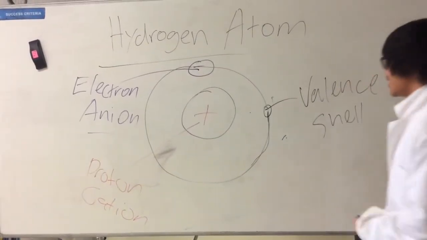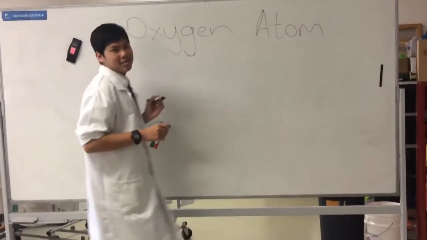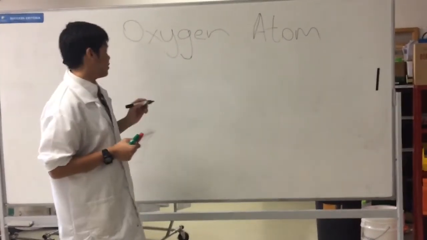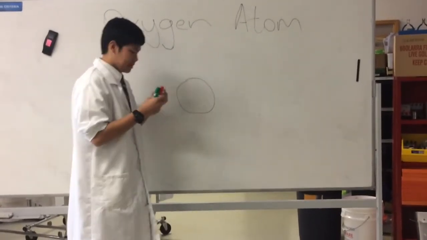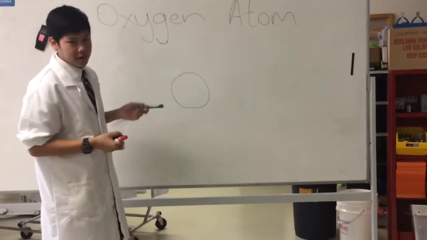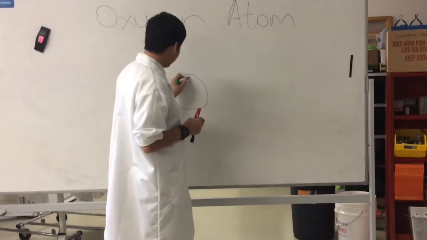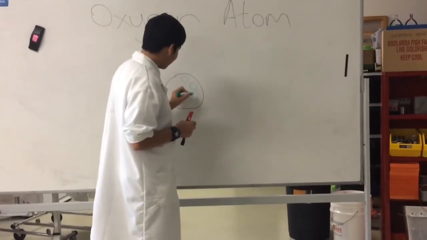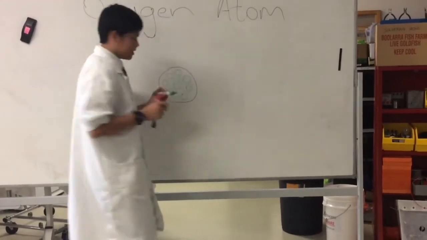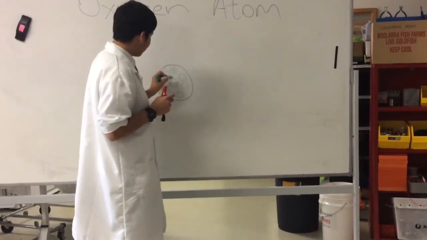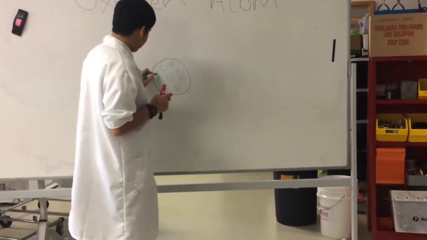Today I'll be teaching you about oxygen atoms. So, first of all, we want our nucleus, and then for oxygen atoms, we have 8 protons. So I'm just going to draw 8 protons for you. 1, 2, 3, 4, 5, 6, 7, 8, and then we give them positive symbols. There goes your 8